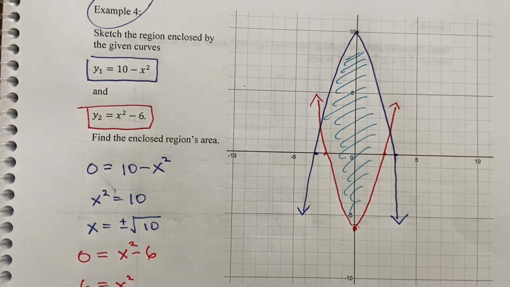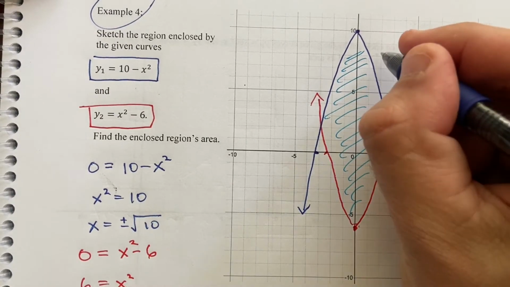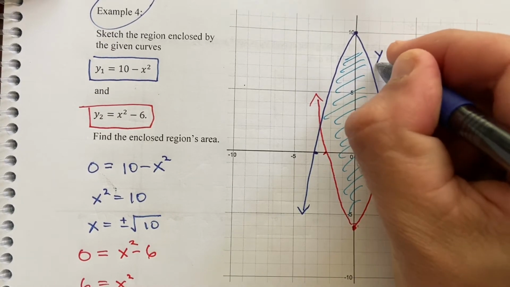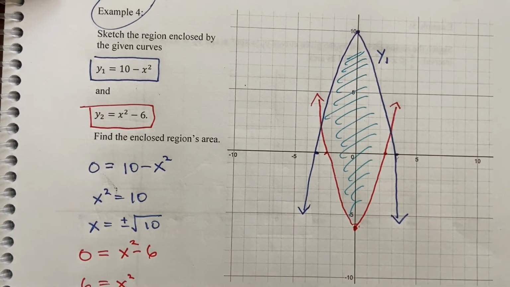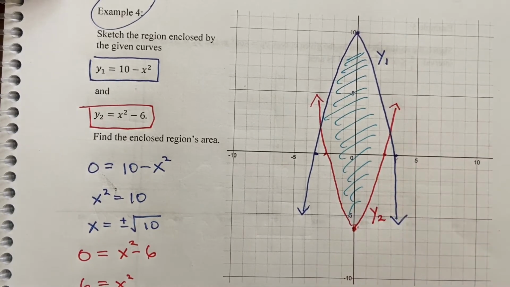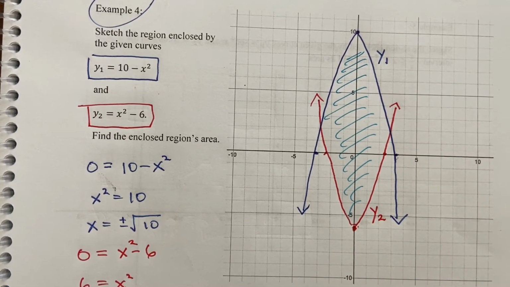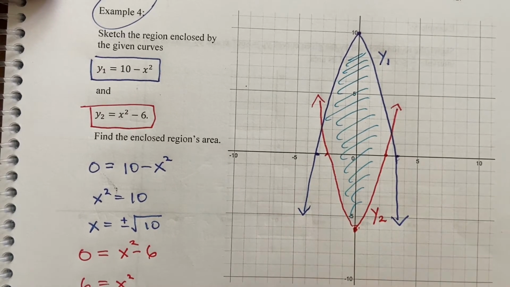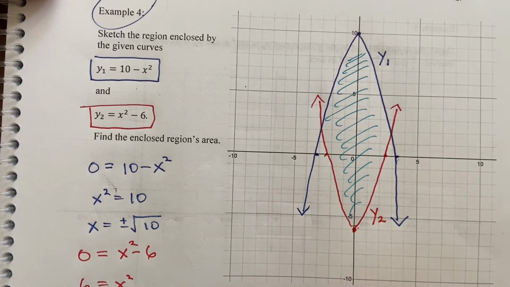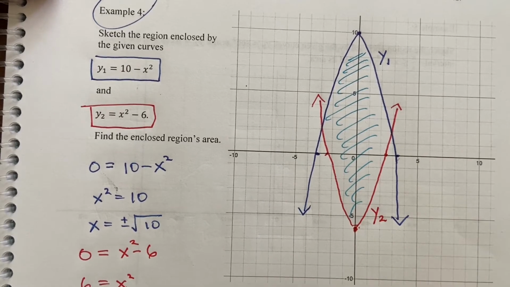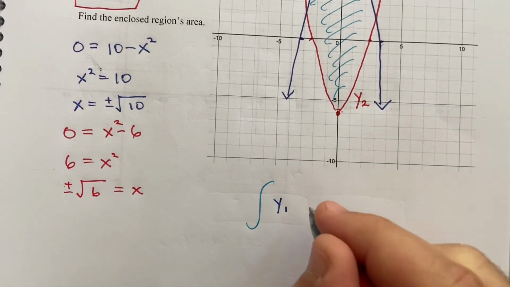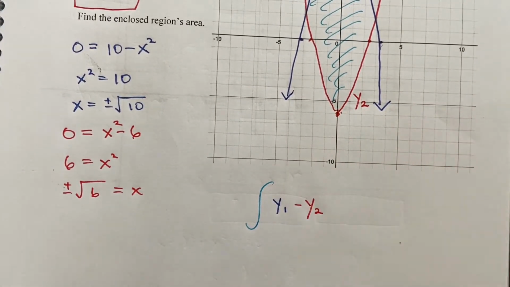So for this interval, y1 is always above y2. So what that means is we need to integrate y1, I'm writing things down here, sorry about that, minus y2